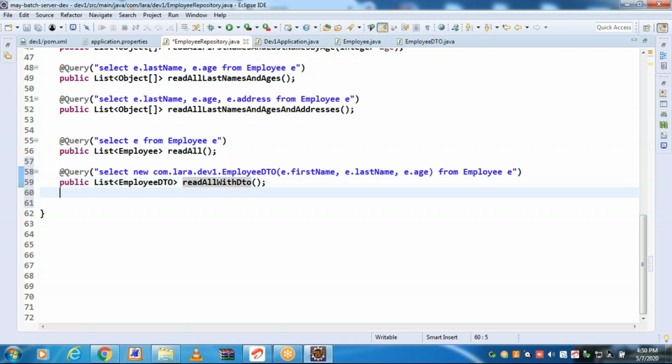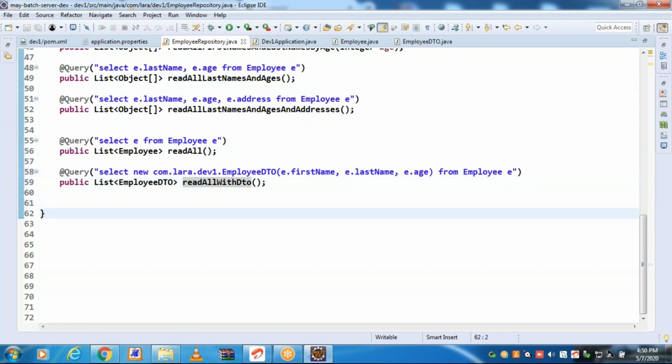I'm just choosing a unique method name. Select new com.lara.dev1.employee DTO. Then the constructor which takes first name, last name, age from employee E. Call this function in the application class.